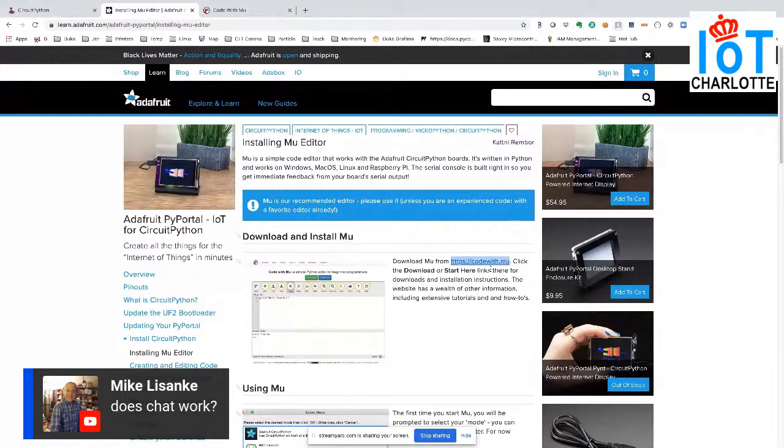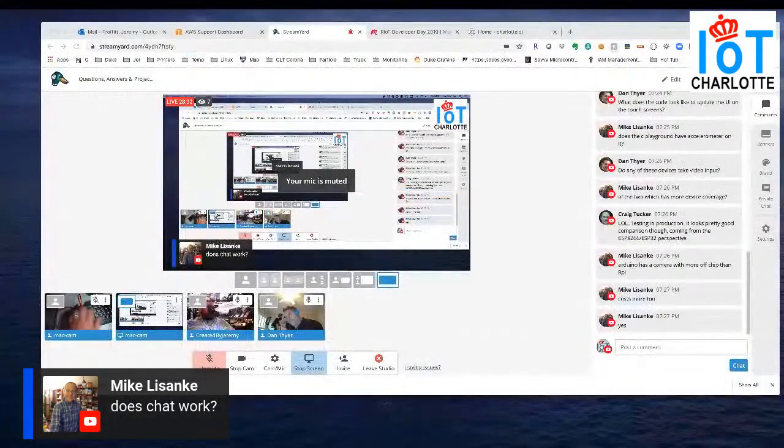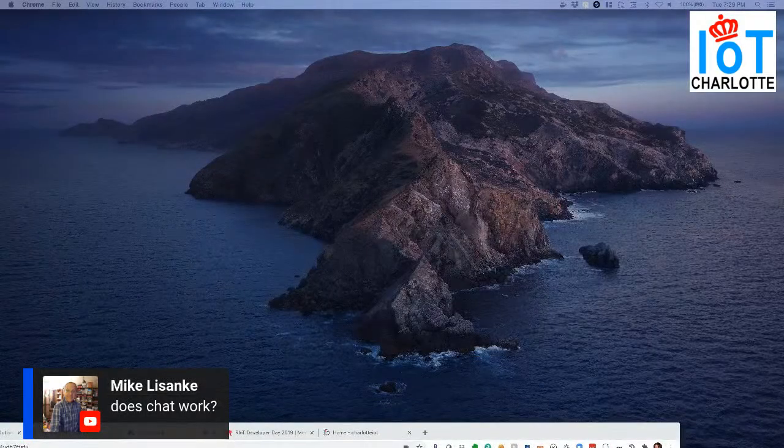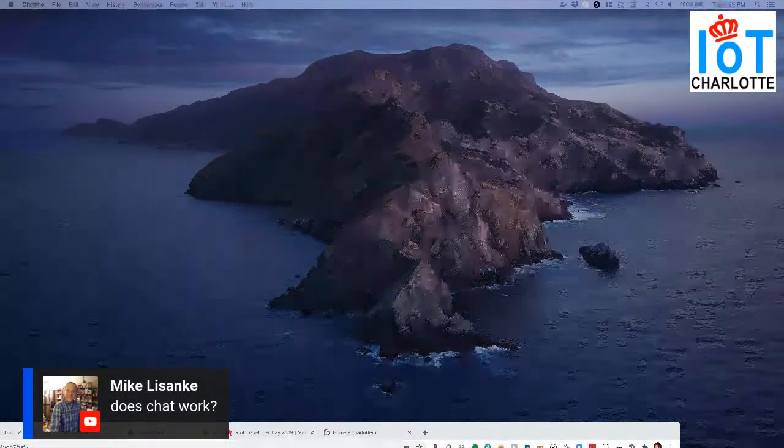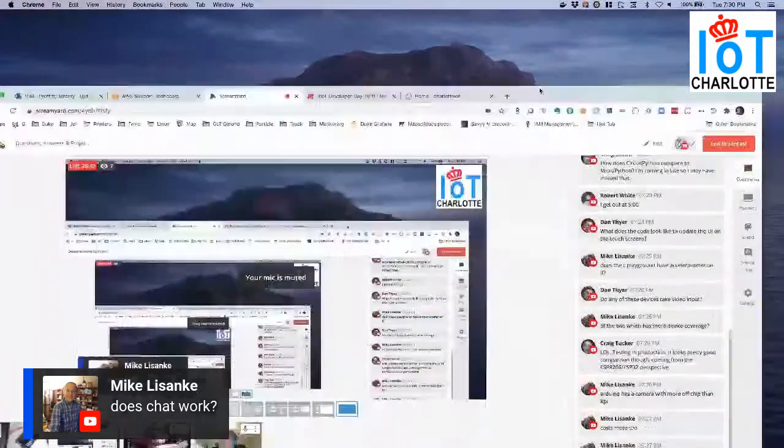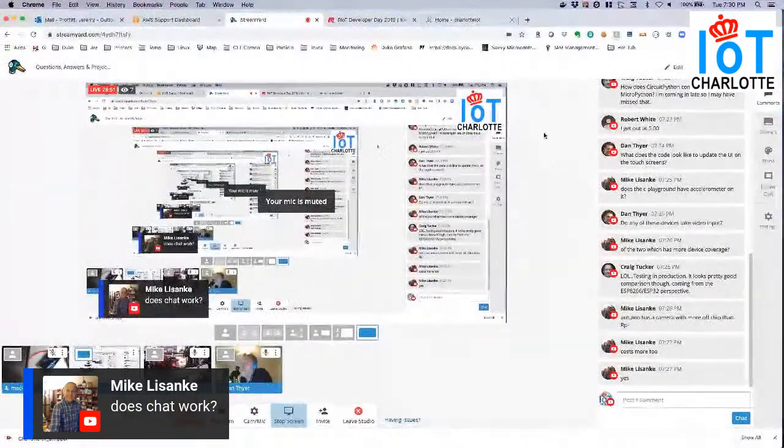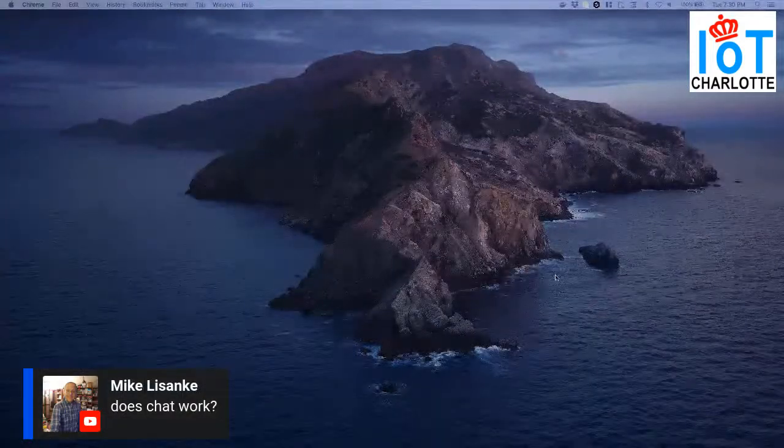very, very basic form of an editor. Why is it trying to come up with a keyboard? Huh. That's the wrong one.